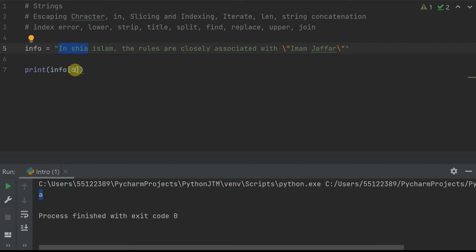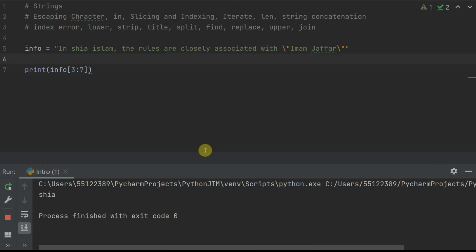You might not want to find out just one character. Maybe you want to find this whole Shia word. So if this is 6th, it will be 5th, 4, and 3rd. Maybe let's do 3 till 4. You would notice something strange in there, that it did not put A. That is because, if you remember in our last video, we talked about whenever you're working with indexing, it finishes a word before, not including, this upper limit. So if you want to include the A, you have to go one step forward. And if I run it now, there you go, the word Shia is printed.